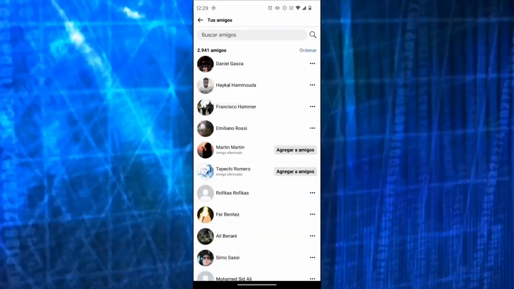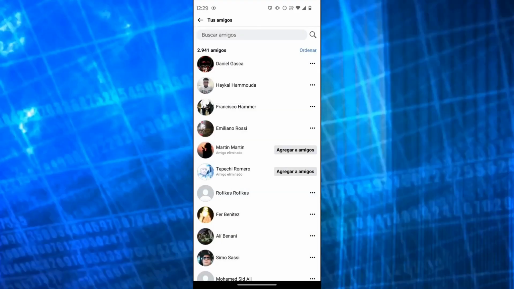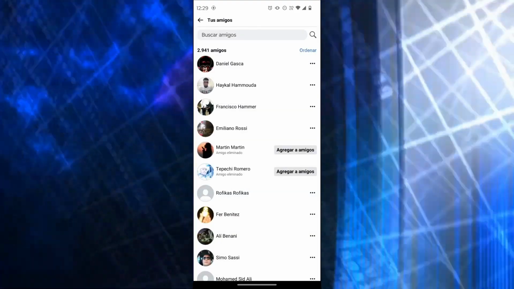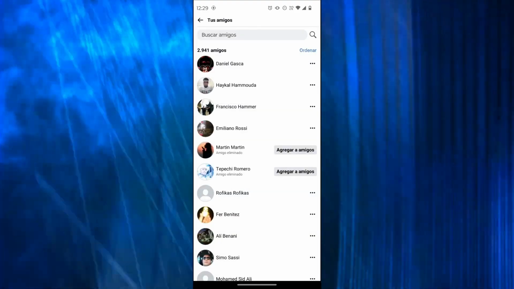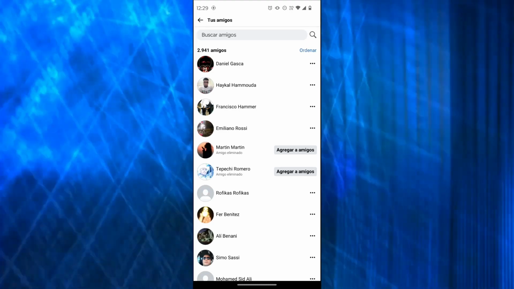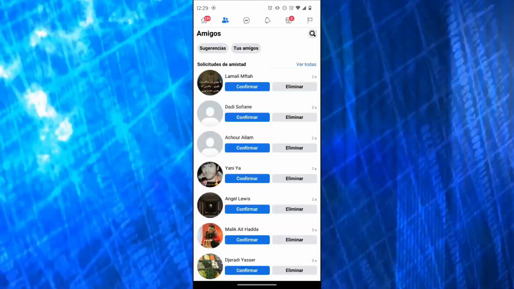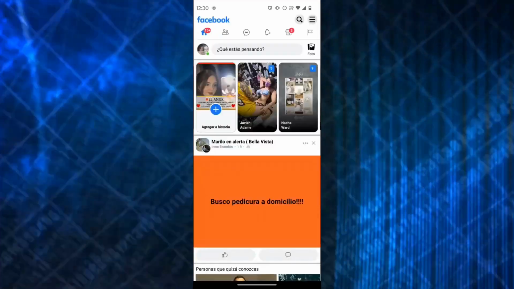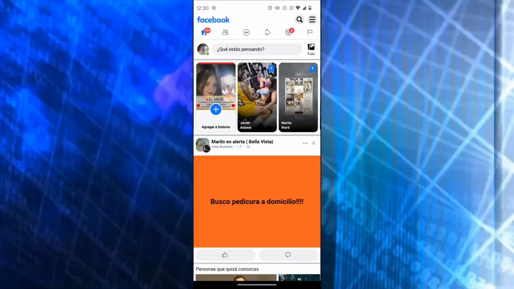So for the method I'm going to teach you, you don't need to install any type of application that requires you to enter your Facebook account, since the intention is to steal your account and data. So, to do that, we're going to go to the main screen of Facebook, but before we continue,